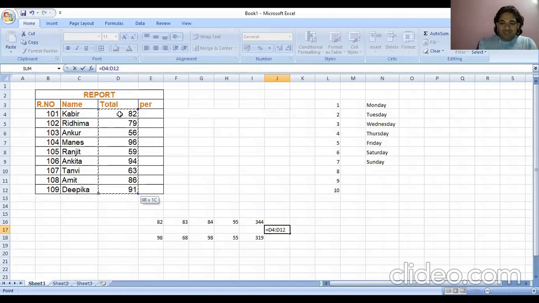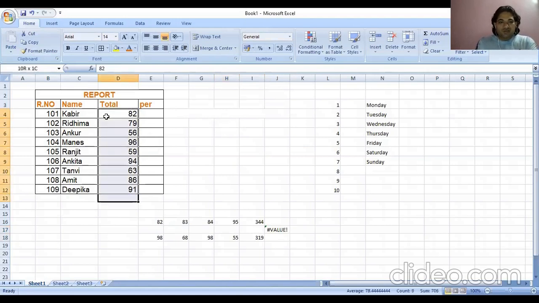Once I click enter, I will get the total. So I'm selecting, and the other way is autosum, right? Sum. Can you see the total? The total is 706, right?